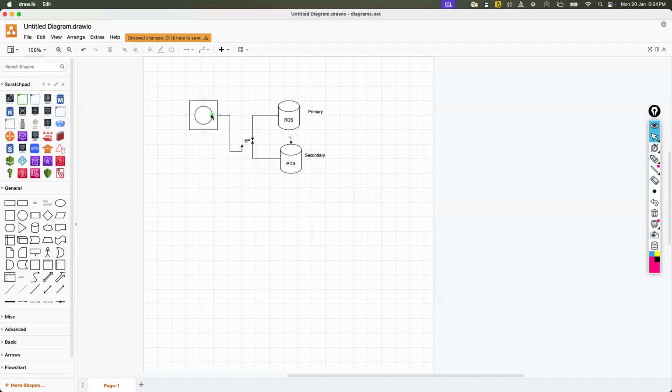So for your application, the application doesn't even know whether your primary or secondary is running. It only knows that, okay, this is my database. So at any point of time, if this particular database goes down, then your secondary will become primary and it will take the load. So that is one of the main advantages of using RDS or a managed database. Another interesting thing I'll discuss, and then we'll go back and show you some of the configurations.